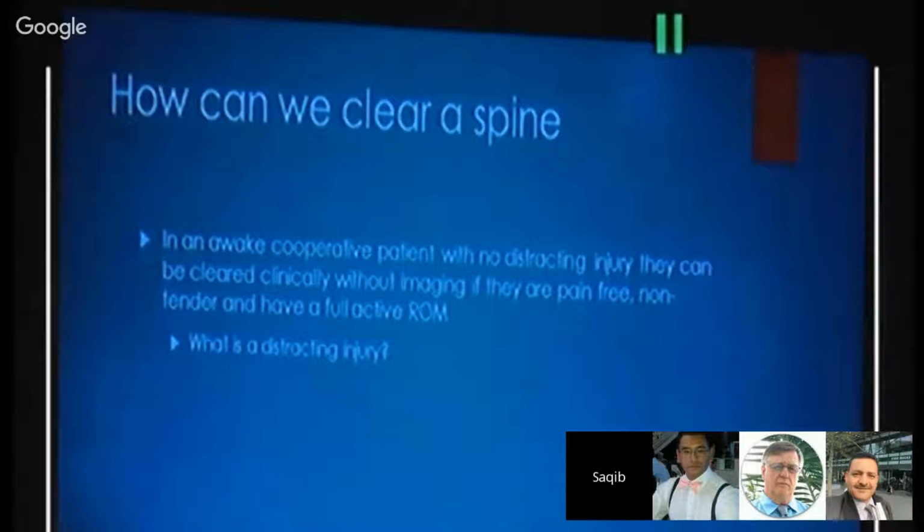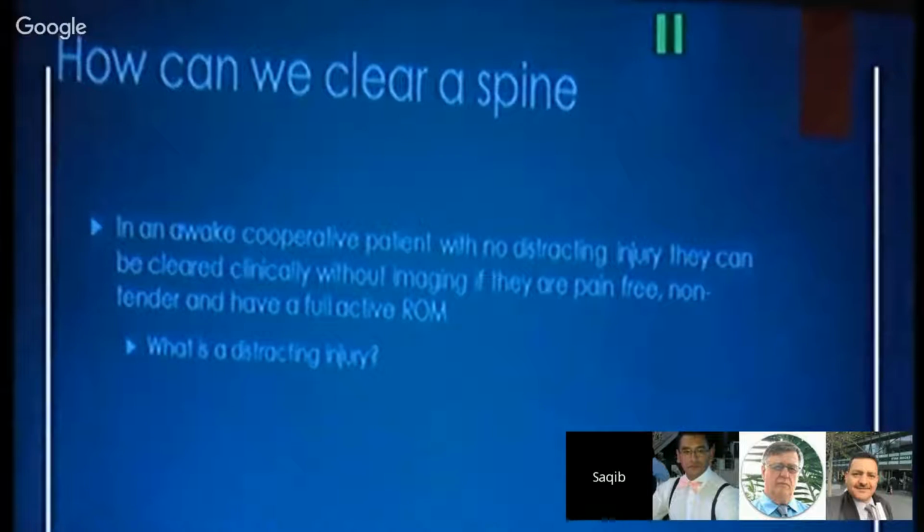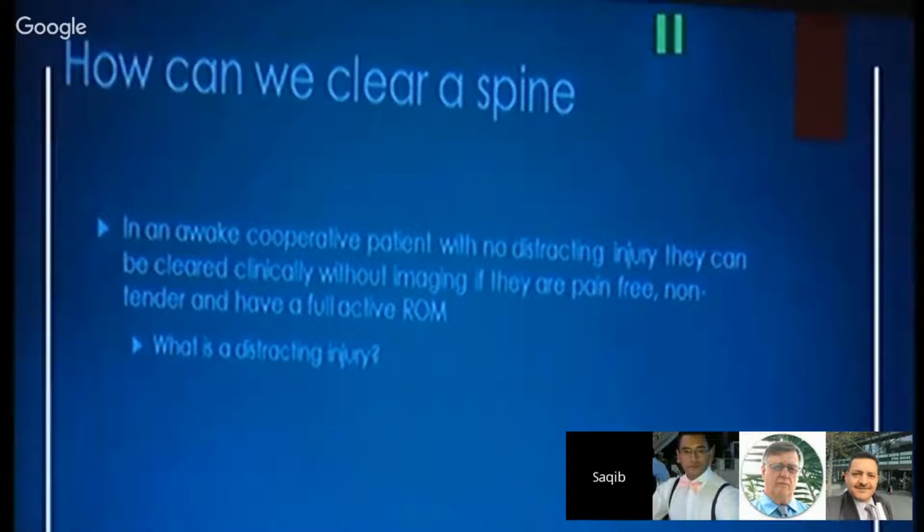Some people will say that any other painful injury is a distracting injury, and I think that's a little bit of a problem, because if somebody has an ankle fracture, I think you can do an adequate assessment of their cervical, thoracic, and lumbar spines. I do not consider an ankle fracture to be a distracting injury. I do not consider a wrist fracture to be a distracting injury. What I consider to be a distracting injury is pain in an area that also would correlate